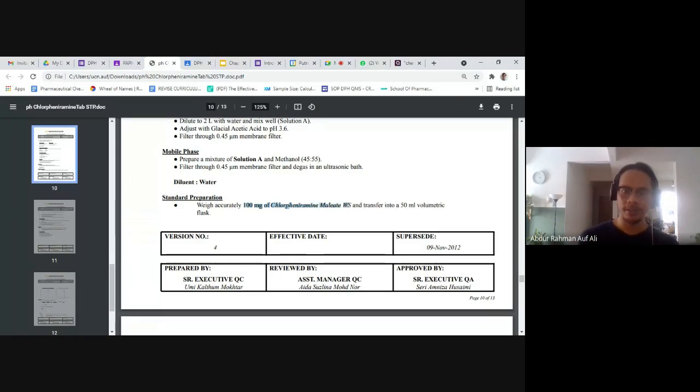So working standard ni adalah satu bahan, a substance that we have dalam makmal that we purchase lah from USP, US Pharmacopoeia ke, BP, British Pharmacopoeia ke, any of the pharmacopoeias. They sell this working standard ataupun reference standard. Di mana kandungan dia, ketulinan bahan tu adalah tinggi. So for this chlorpheniramine malate case,